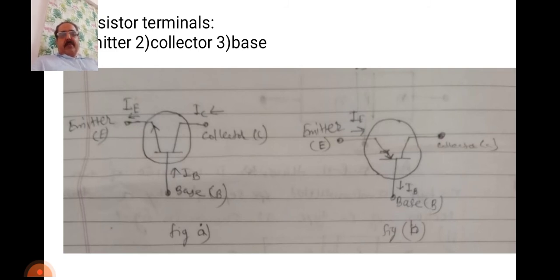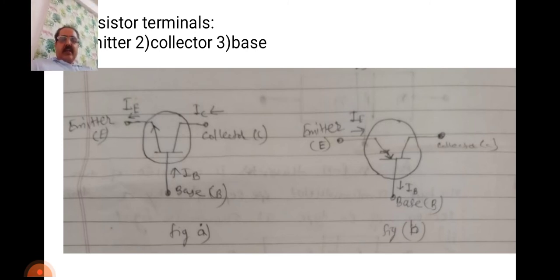The collector of an NPN and PNP transistor has a bias circuit here, and for the P type of PNP transistor it has a reverse bias and receives holes that flow in the output circuit. Similarly, we have to observe in figure B here. The collector N type of NPN transistor has reverse bias and receives electrons.